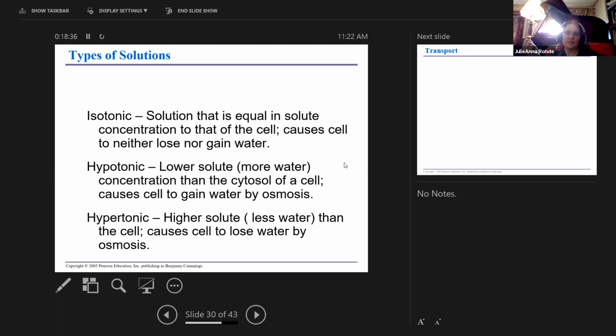A 2 or 3% salt solution, and they drop that on there. All of the water is going to run out of the cell because the cell's 0.9. It's going to try to put enough water out there to lower that 2 or 3% to 0.9, and it's not going to happen. Okay, but what'll happen is it'll lose all of its water and it shrivels up into kind of a little